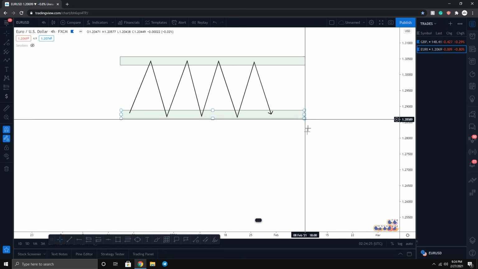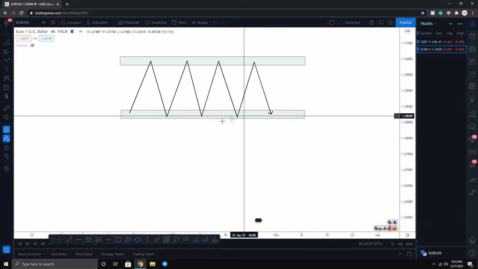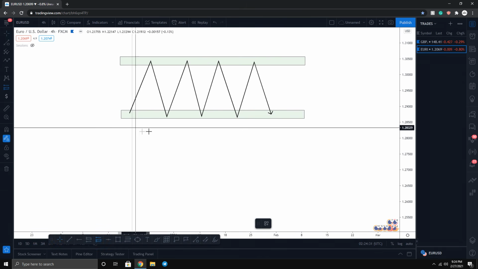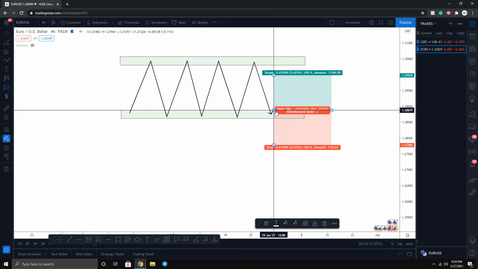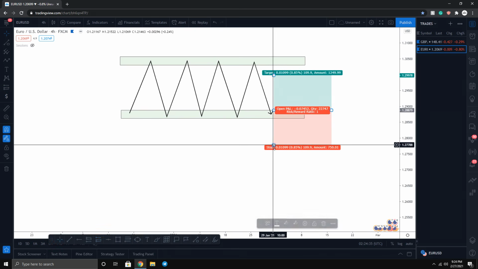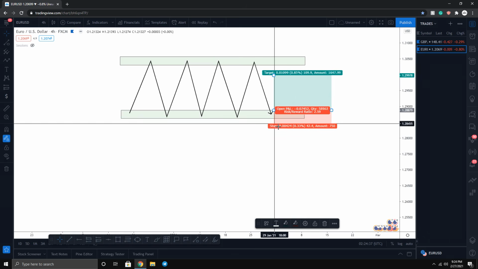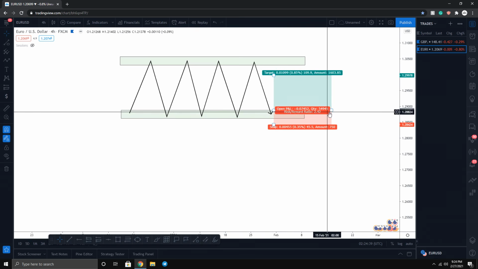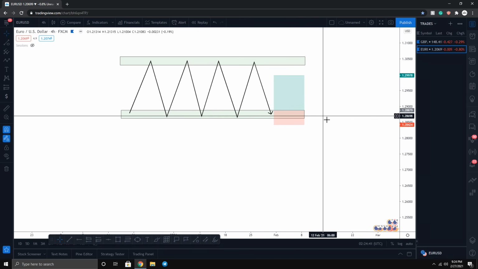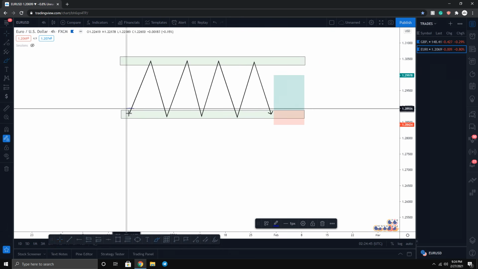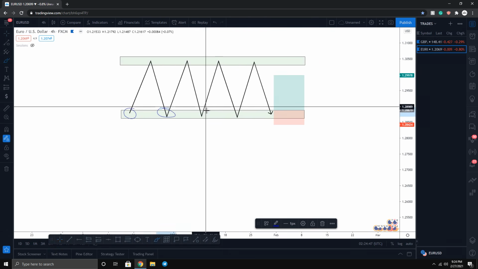Now, what people don't tell you is that when you're buying at these levels of support, what you're actually doing is you're creating liquidity below these levels. What I mean by that is when you buy at these levels of support, where do you put your stop loss? You put your stop loss below these levels. And when you're putting your stop loss there, you're not the only one who's doing that. There's millions, billions of people who are actually buying at these same levels as you.